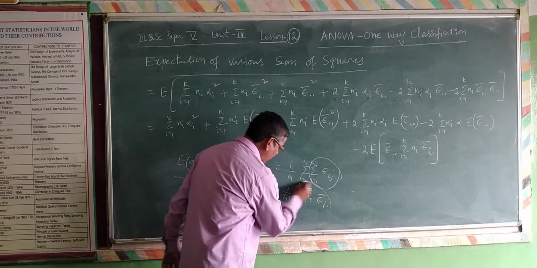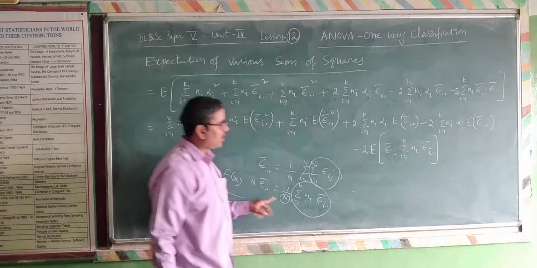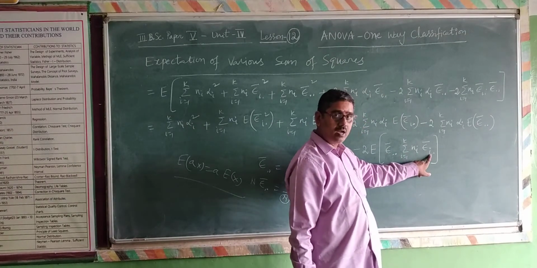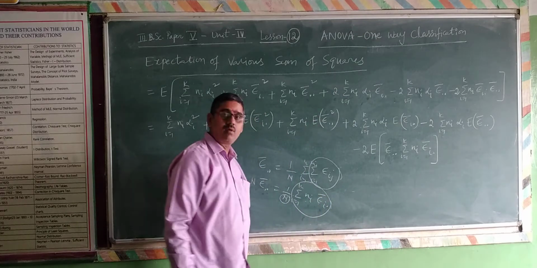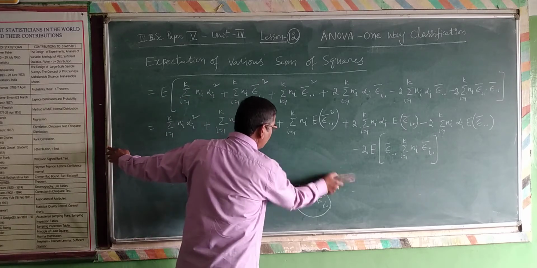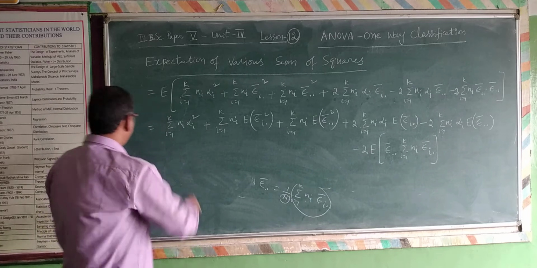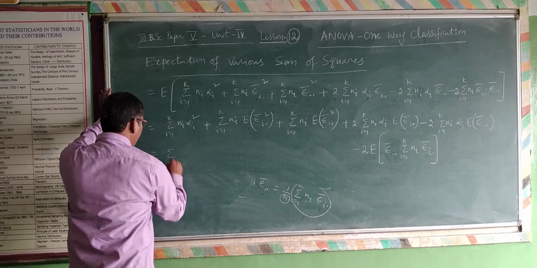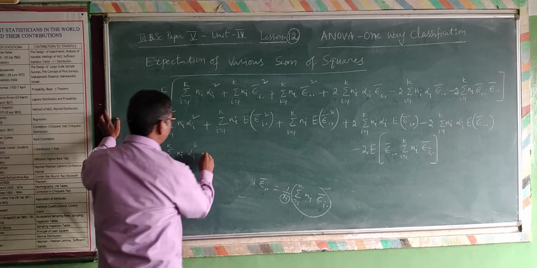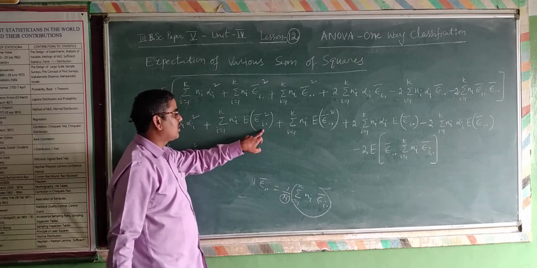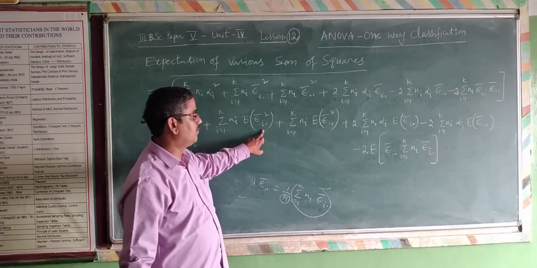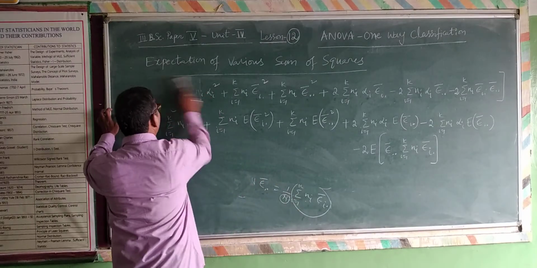Now you replace this with N into epsilon bar dot dot in the last term. So summation i equal to 1 to k of n_i into epsilon bar i dot, you please write down as capital N into epsilon bar dot dot. Okay. So therefore, what I am doing here, remaining values. Now you see the remaining values and then I write the value here and replace the value there. n_i into alpha_i square plus, now you see here, expectation of epsilon bar i dot square, which is nothing but variance of epsilon bar i dot. If you remember the formula